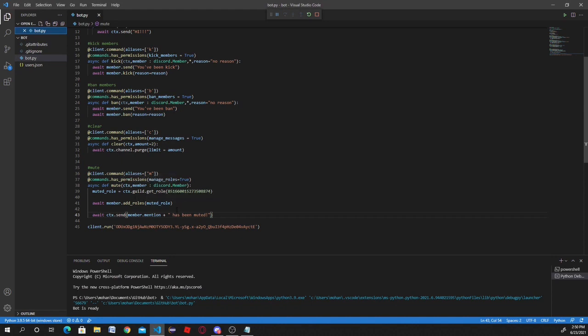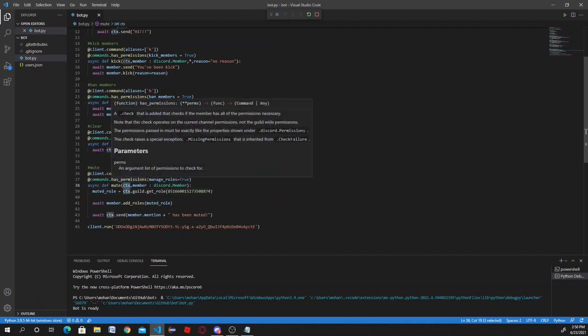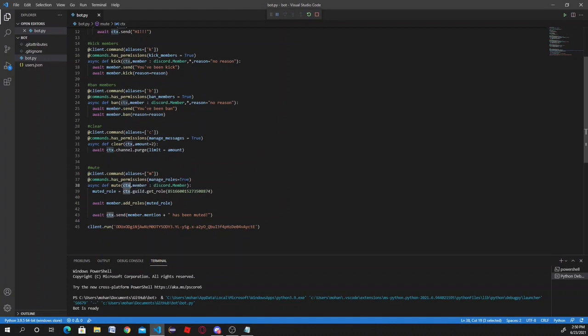Well, actually, you don't have to. It should, yeah, it just says muted role. So yeah, you can just do that as well. So then alias, as I said, and then command has permission manage roles, as I said. And then mute. Okay, so CTX is just the basic, and then you have to mention a